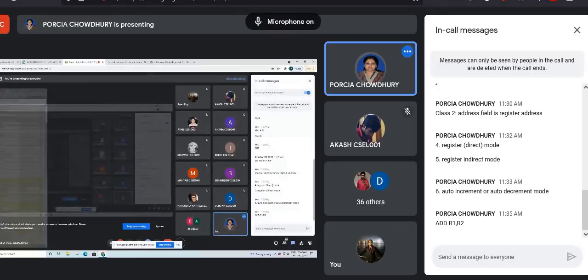In case of register direct mode, this is one example where directly you have to use the register. In case of register indirect mode, there will be indirect ways from where you can fetch the operand, and the third one is auto